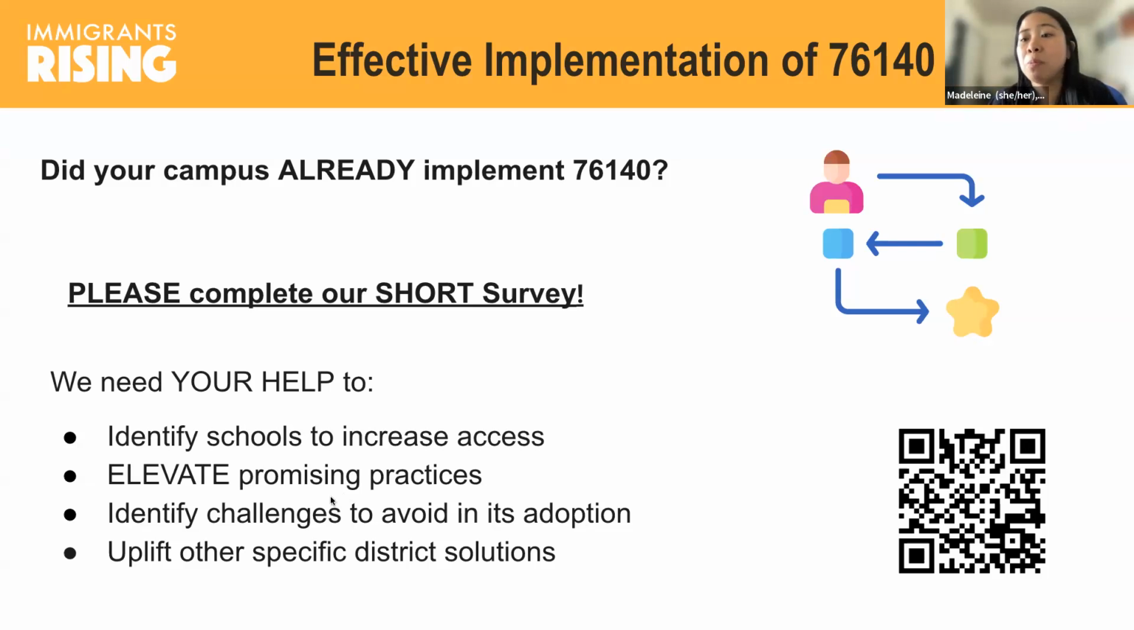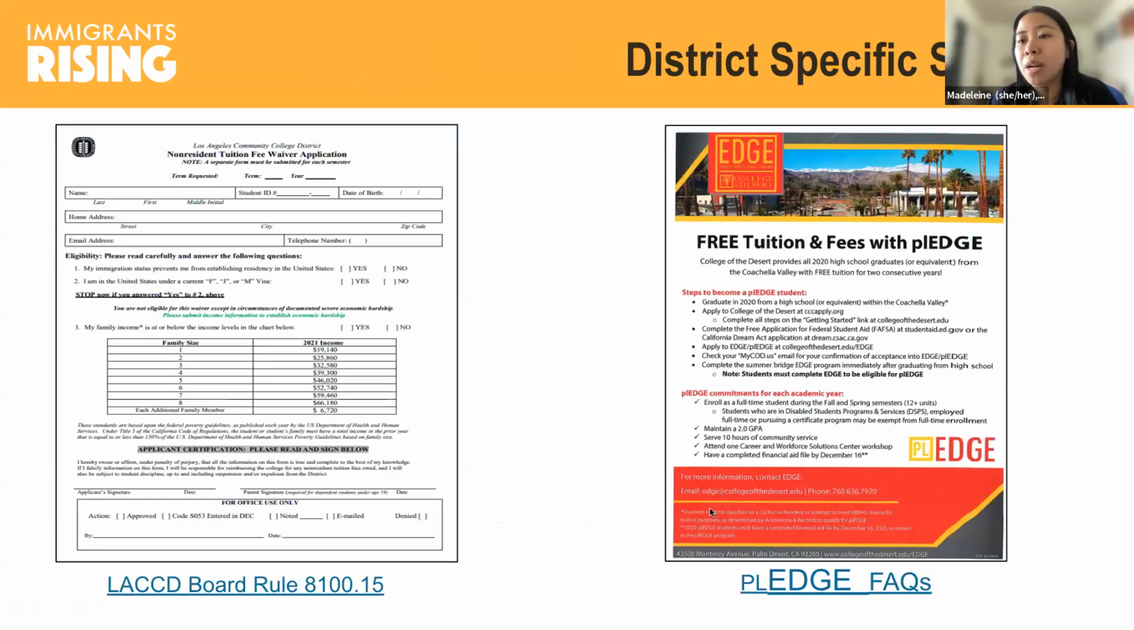But I think, to Nancy's point too, before we jump into our panel to hear how schools have actually implemented and worked with these policies, we do also want to uplift a couple of other solutions that other districts have come up with in more intentionally helping students build eligibility towards AB 540. The LA Community College District implemented board rule 8.100.15, which is very similar to Ed Code 76140, that also allows non-resident students